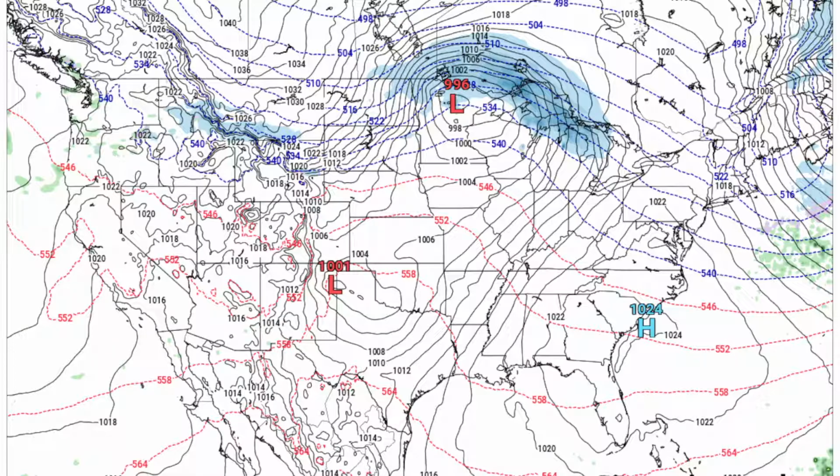The more inland you go, you're going to see that heavier snow, the higher the snow totals, because the places along the shore like Boston, Providence, New Jersey, and New York City are going to have a period of freezing rain and mixed precipitation, so your snow totals are going to be low. You're going to get a lot of snow, but just not as much as some of the more inland areas are going to get. So let's take a look at our